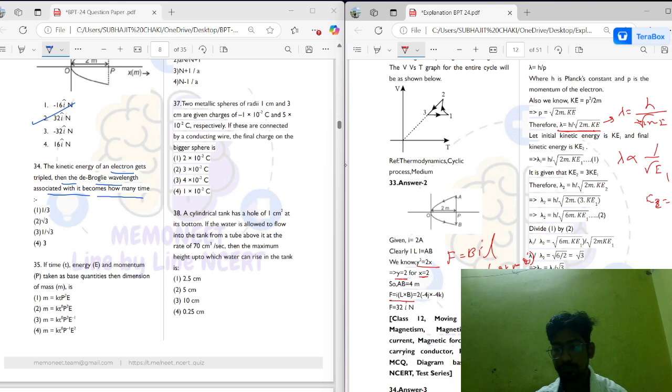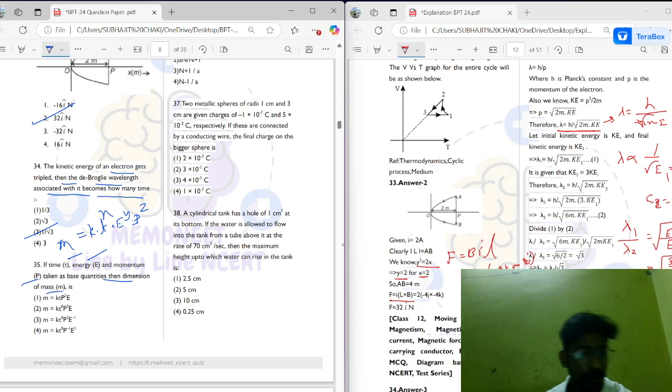So mass is nothing but m. Take k equals k into t to the power x, e to the power y and p to the power z, right? Now put the value. The dimension of mass is m, L naught, T naught, k dimensionless. T is equal to t to the power x, E means m to the power y, L to the power 2y, T to the power minus 2y, okay, ML2T minus 2, and this is